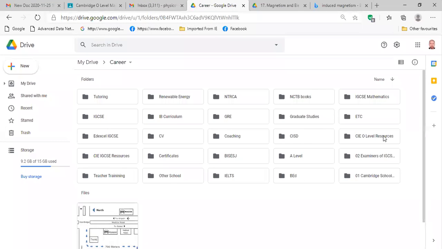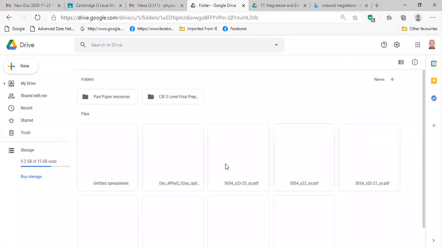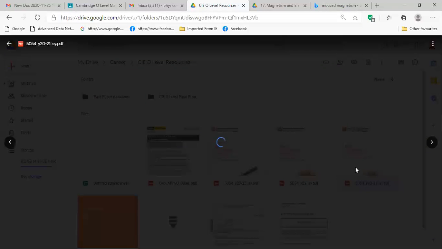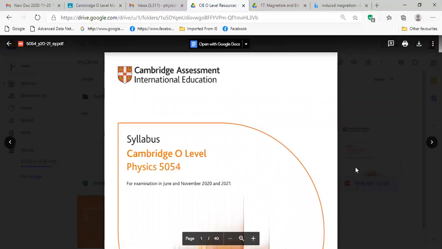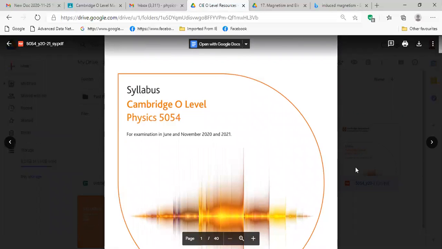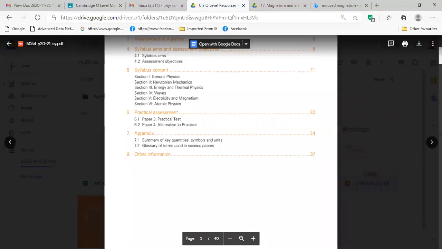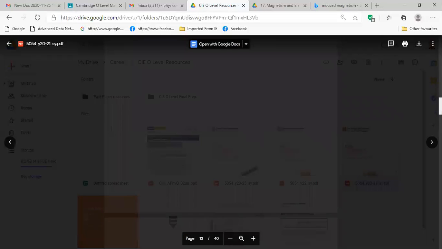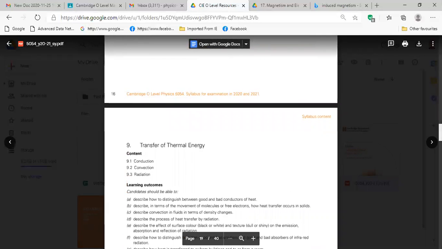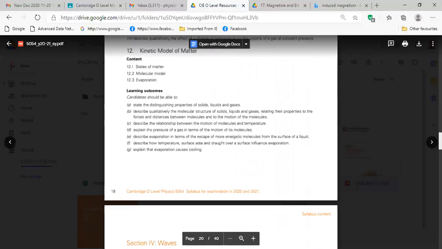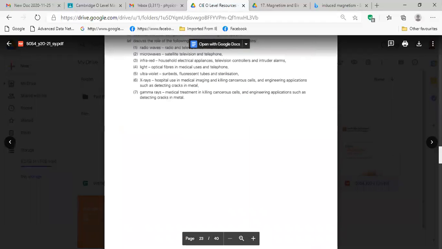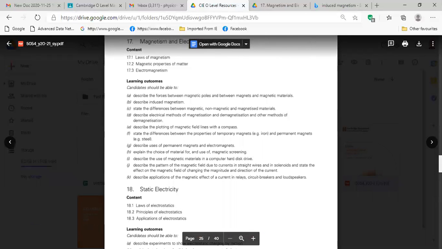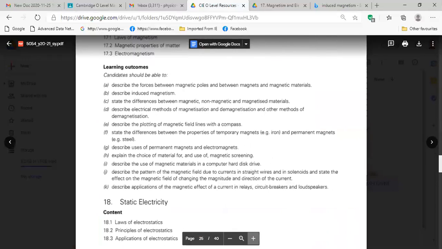We are going through the learning outcomes so that nothing is missed from the Cambridge syllabus, and we are not learning anything extra which is not necessary for our exam. So here we go, our next one.